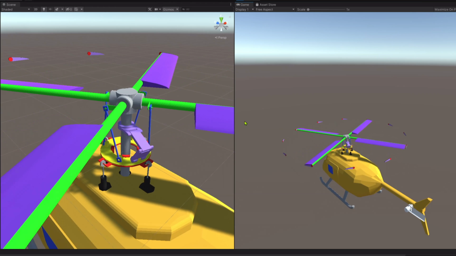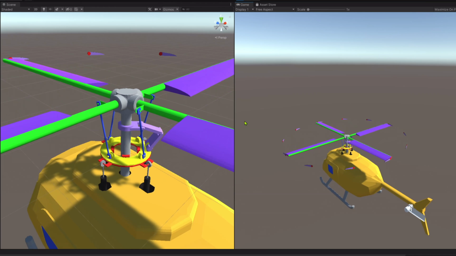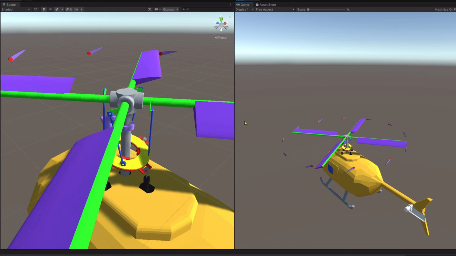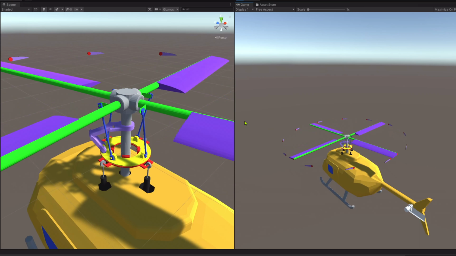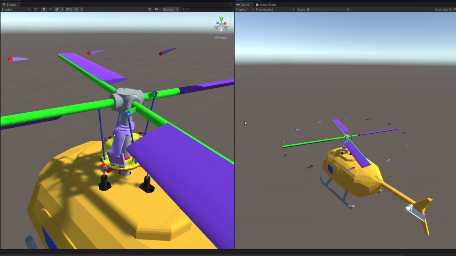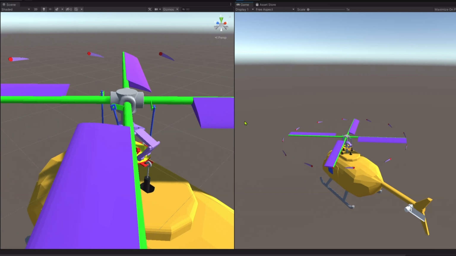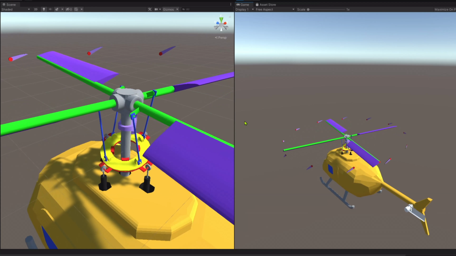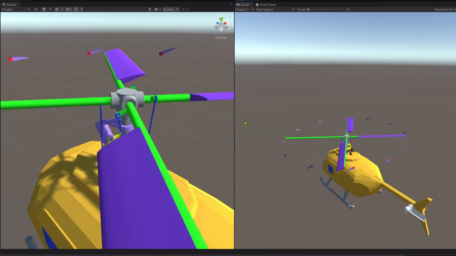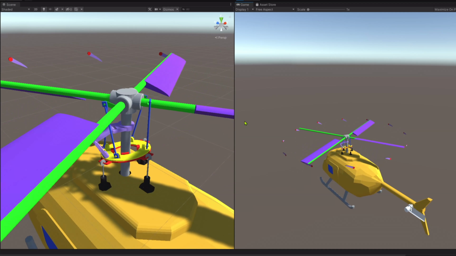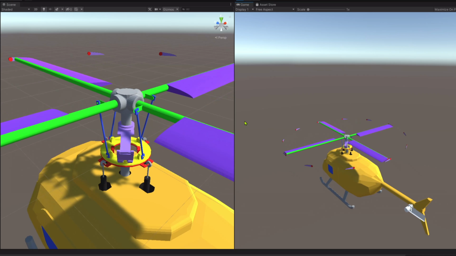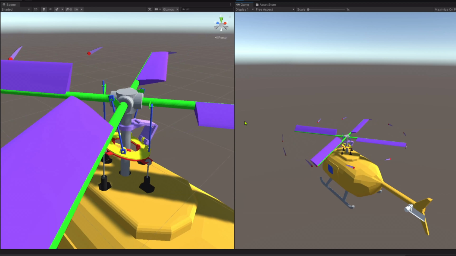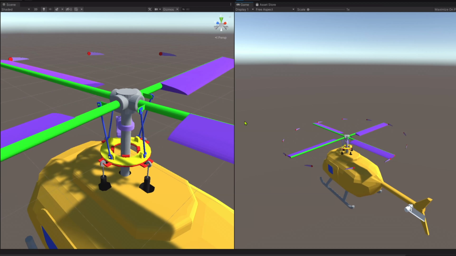For the next upcoming video, I'm thinking at the moment to create a dust particle system visualizing the force which is pushing the helicopter up into the air. And I'm thinking at the moment to use game objects for this system, and I'm probably going to manipulate those game objects with the vertices and UVs.